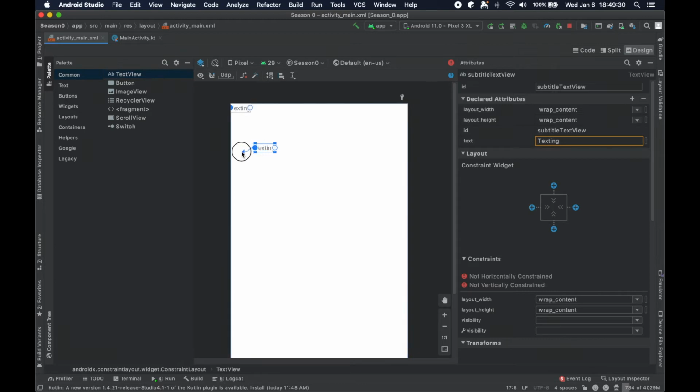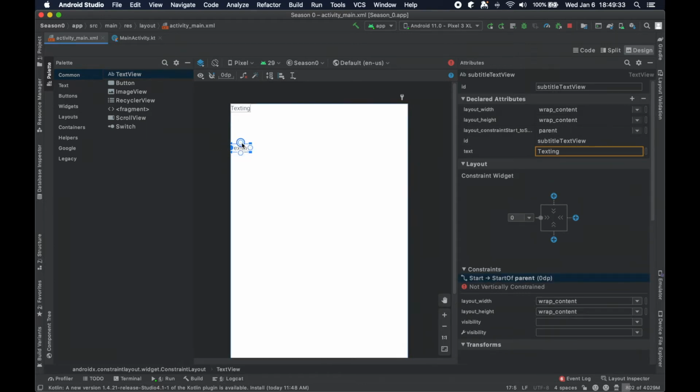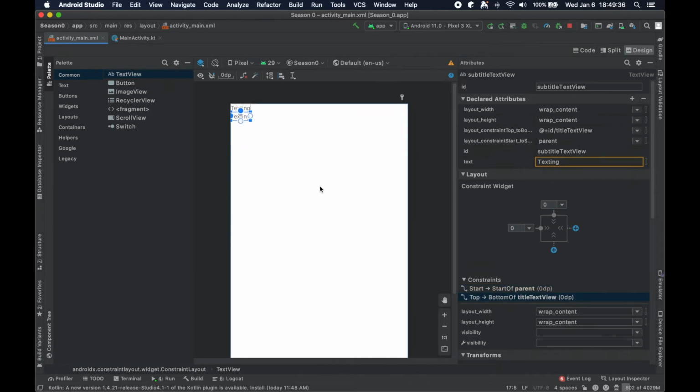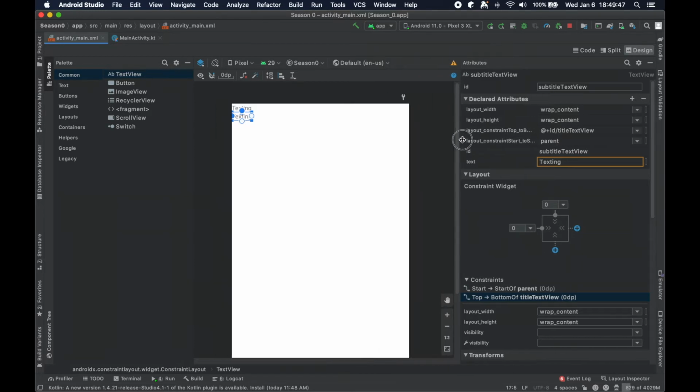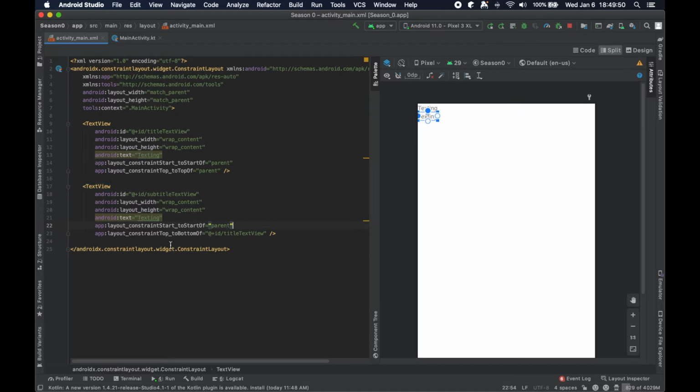So what I would like to do is set this to the parent, and set the top of this to the bottom of this. So it snaps together now. And if you see here, constraint top to bottom of title text view, constraint start to start of parent. Again, this is mimicked here, but there's now an understanding that this subtitle text view, the one underneath, is now constrained to this other view. And the reason that is powerful is once this view moves,